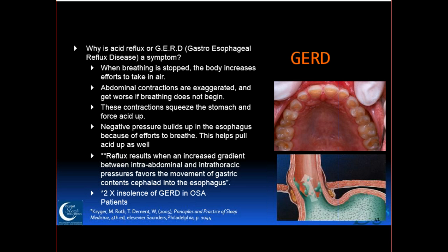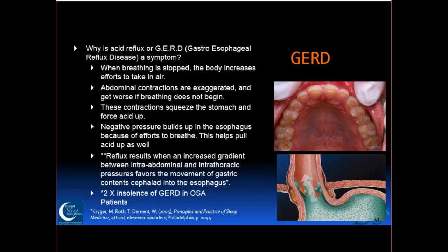But if you try to breathe in and you close your mouth and you plug your nose, you feel your diaphragm come up. We're trying to increase the negative pressure in our abdominal cavity so that air enters our lungs. And when we do that and our airway is closed, we get more pressure in our lower abdomen. Our diaphragm pushes up, and it pushes that acid up into the back of our throat.